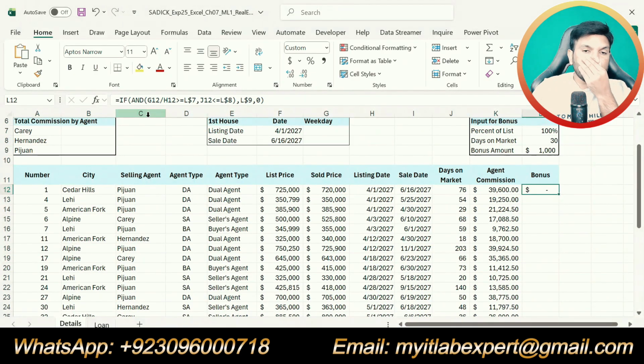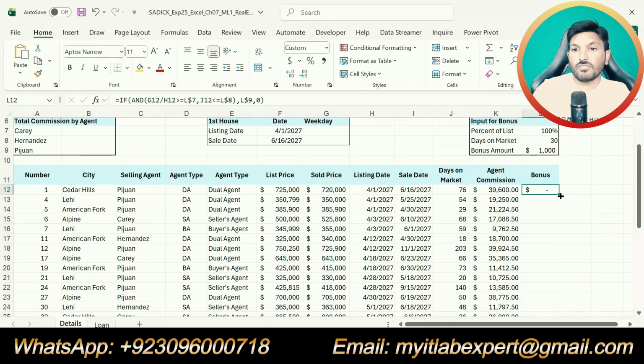Our function is IF, and in the AND function we check both conditions: G12, the sold price, divided by H12, the listing price, is greater than or equal to 100%, and days on the market J12 is less than or equal to 30. If both conditions are met, our result will be 1000, otherwise our result will be 0.